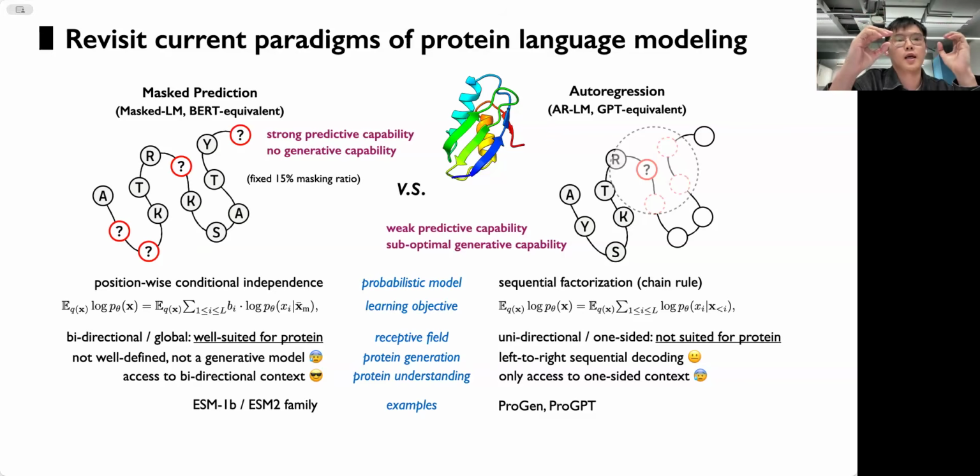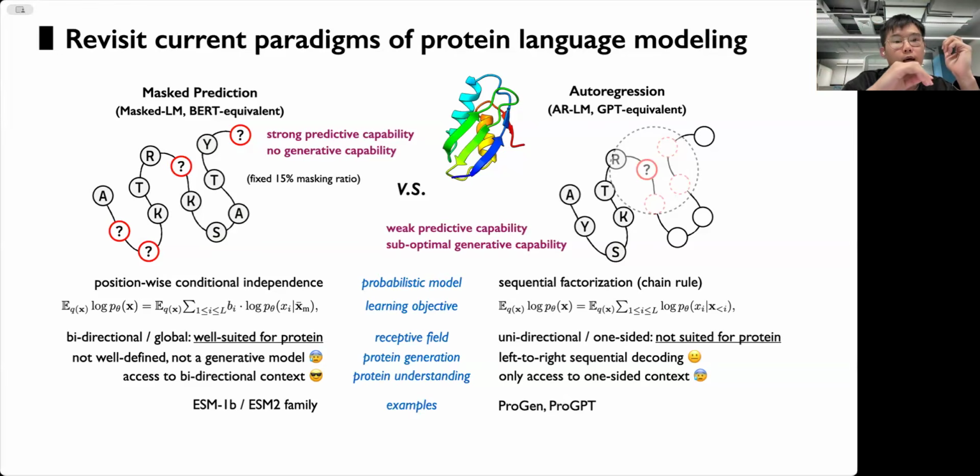It's structured data, and it has no predefined order, for example, from left to right. And while this left-to-right autoregression is a very good inductive bias for natural languages, it's not necessarily a very good one for proteins, because if we want to better learn the protein data, you need to globally capture the residue-wise interaction and coevolution. This unidirectional receptive field, where you can only see one-sided context, will make